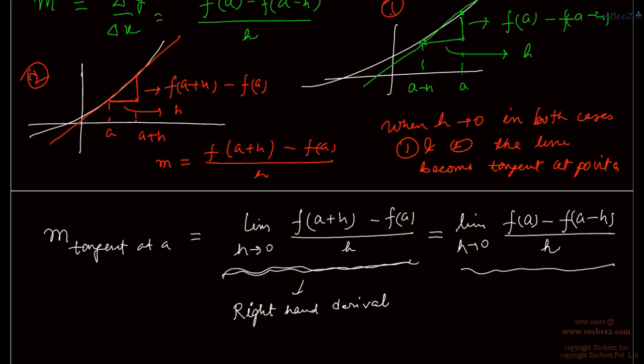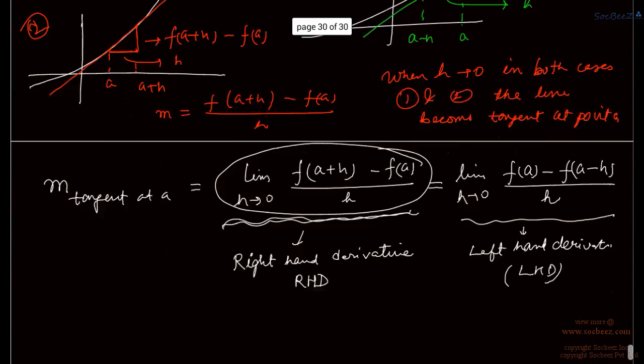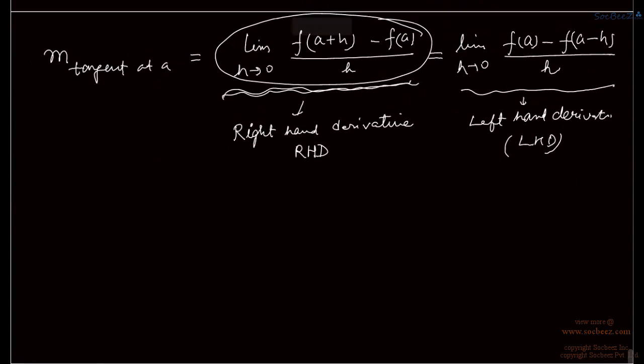Right hand derivative, that is RHD, and this term is called left hand derivative, because we are finding the slope of tangent from left side, from left of A, and here in this case we are finding the slope of tangent from right of A. So we have right hand derivative and we have left hand derivative, LHD. So for a function to be differentiable,